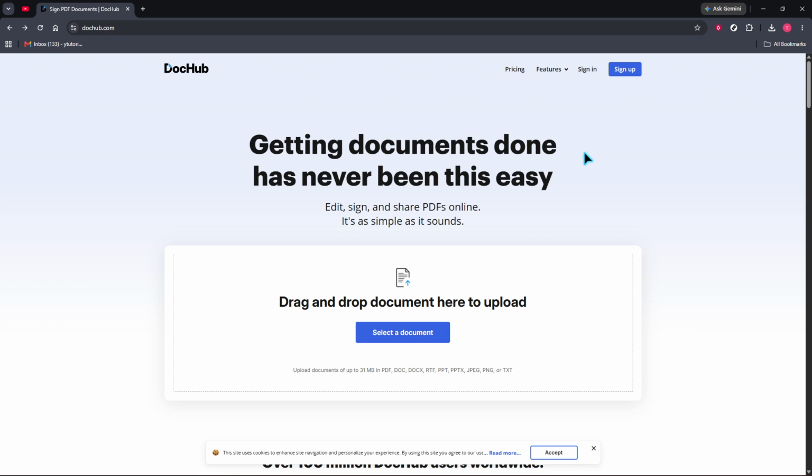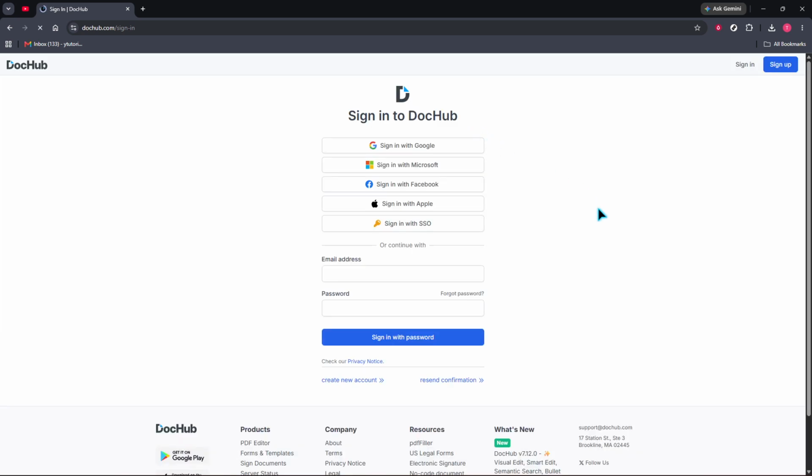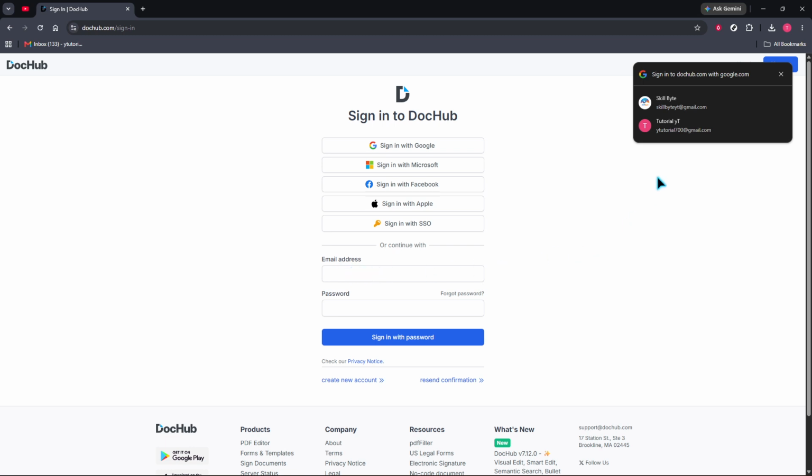and signing PDF documents. Before you move forward, it's a good idea to quickly confirm that you're on the official website. This helps make sure you're signing in securely and using the correct service. When you're ready, look for the Sign In option and click it. That will take you to the DocHub sign-in page where you can choose the login method that works best for